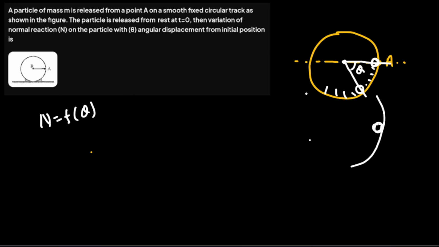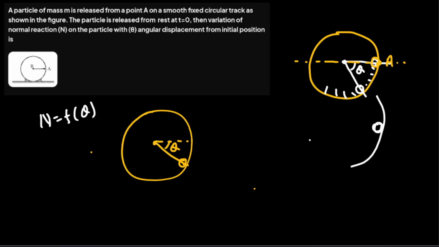So first of all we need to analyze the motion, read it properly. Now see, the moment you release it, because of the gravitational force of the earth, it will slide down the track, and while it is sliding down the track it is going in a circular trajectory. So it is a question of circular motion. Now suppose our particle is at some time, let's say, here, and with the horizontal it is making an angle